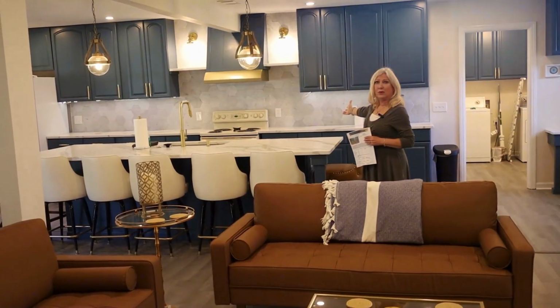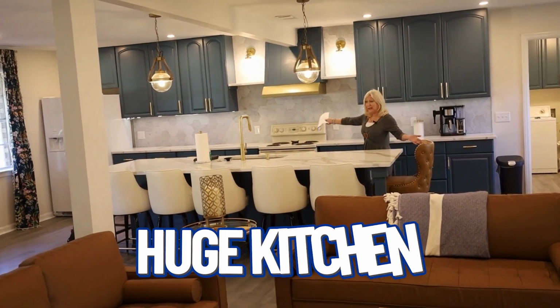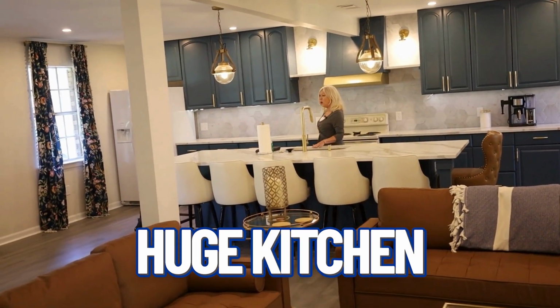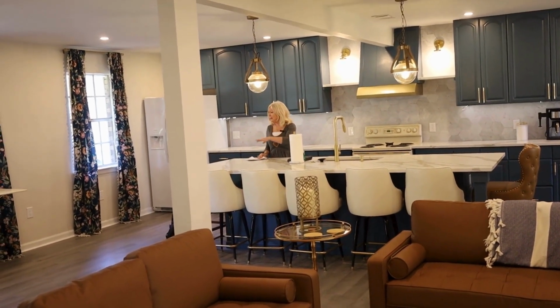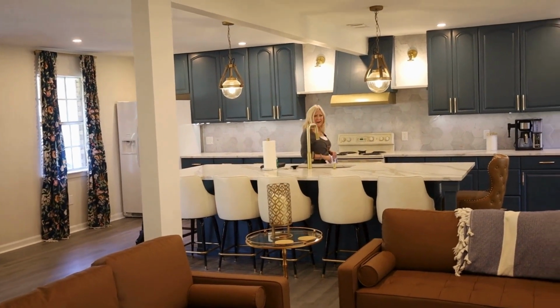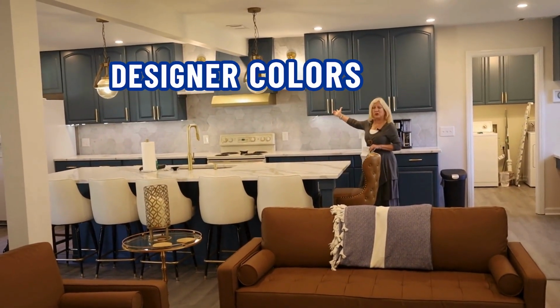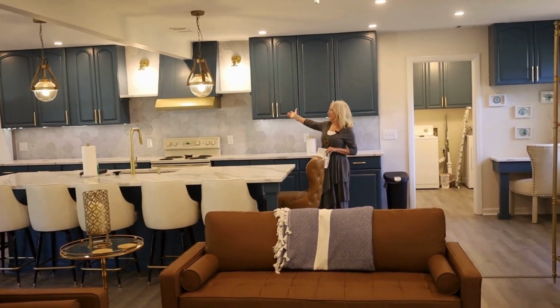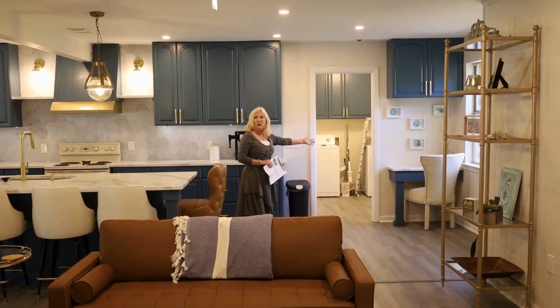Oh. And now that they've taken the wall out, it is a huge kitchen with this gorgeous counter. Plenty of people can sit right here and hang out and have fun. And they use designer colors that are so popular. Plenty of cabinets. And if you go over here,